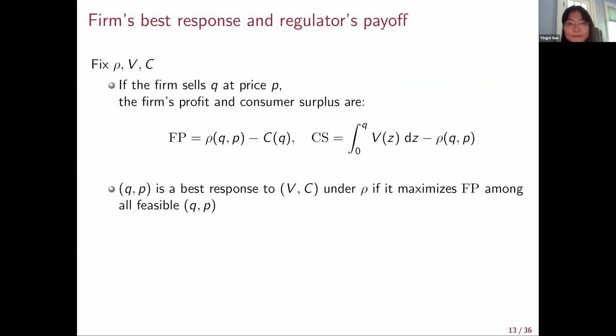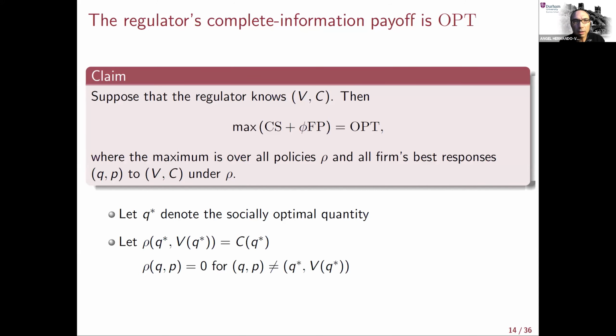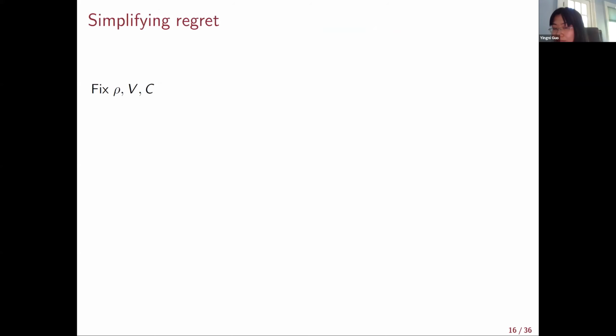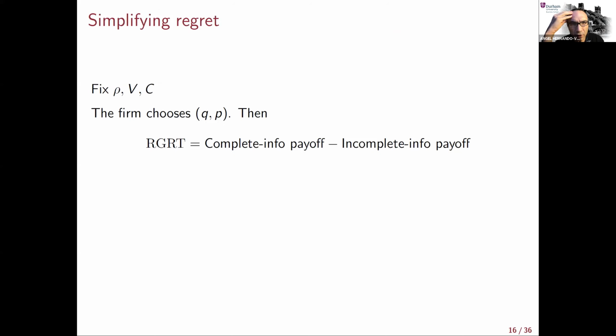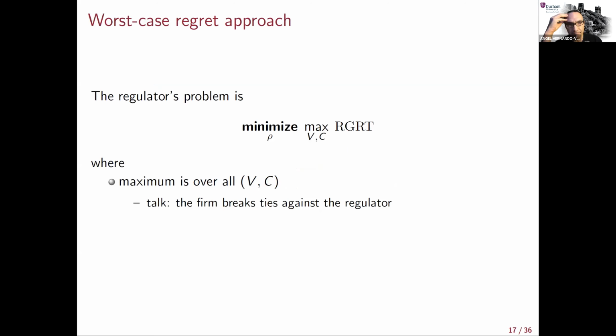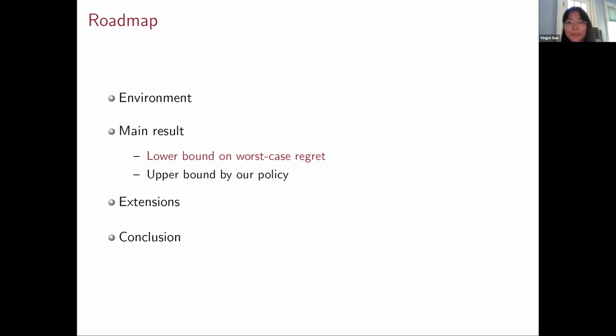Thank you. Okay. So a small clarification question. Maybe I missed it. Are you assuming that the monopolist knows V? Yes, we are assuming that the monopoly firm knows exactly V and C. So he observes V and C. He observes the policy and he chooses QP to maximize his profit. Yes. Thank you.